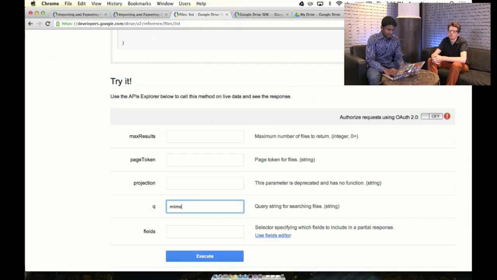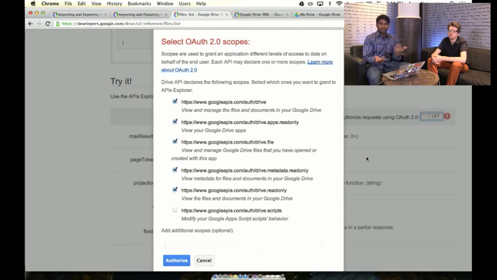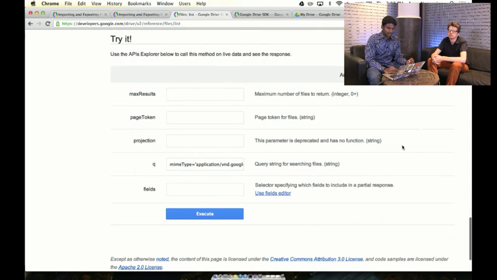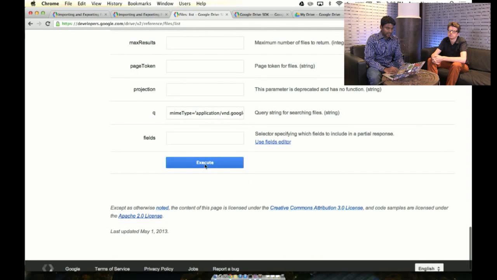And we'll go back to my, there it is. If I say MIME type equals that, I do need to put quotes around it. And you need to authorize it. So this is how, like I said, you need to write code to handle this, or you can just use their tools, which is really nice. And you can just check this box for Google Apps Script's behavior. All right, I'm going to authorize this. The toggle is on. I've already logged in, so I don't need to authorize it again. And if I hit execute,